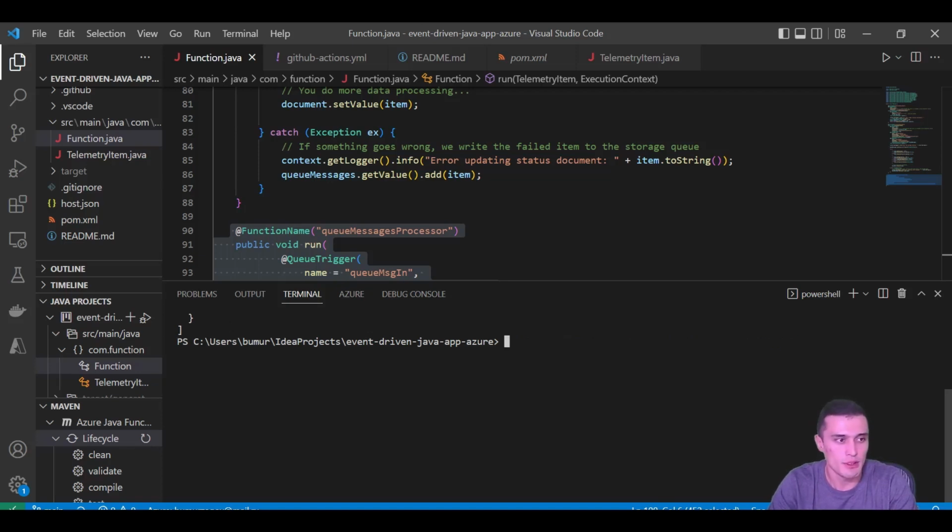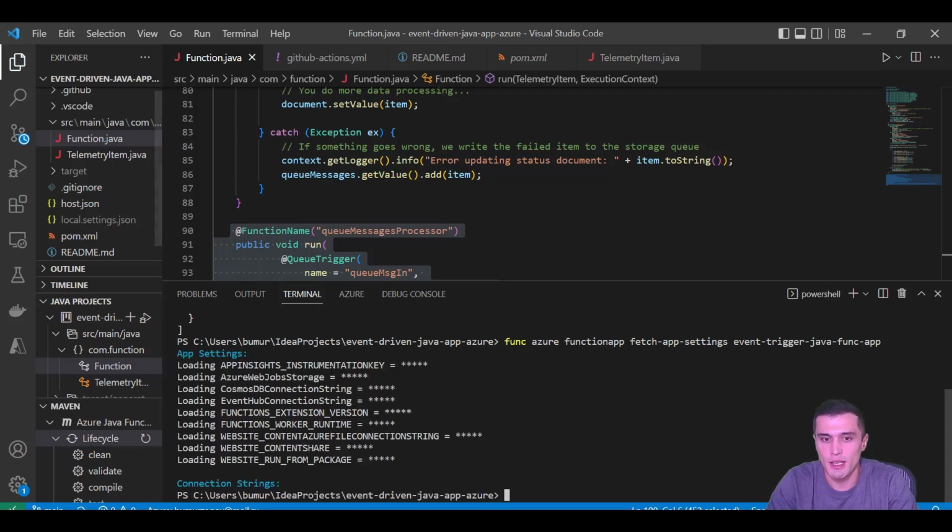Following command will generate the local settings for you. It will fetch the settings from the actual Azure Function App on Azure portal, and it will create a new file. Let's run this command,